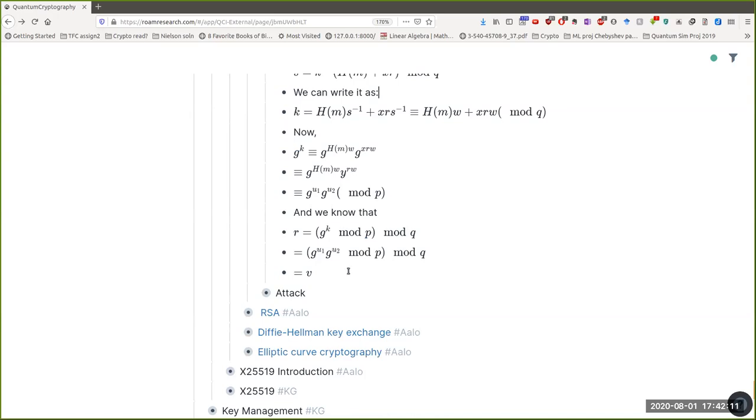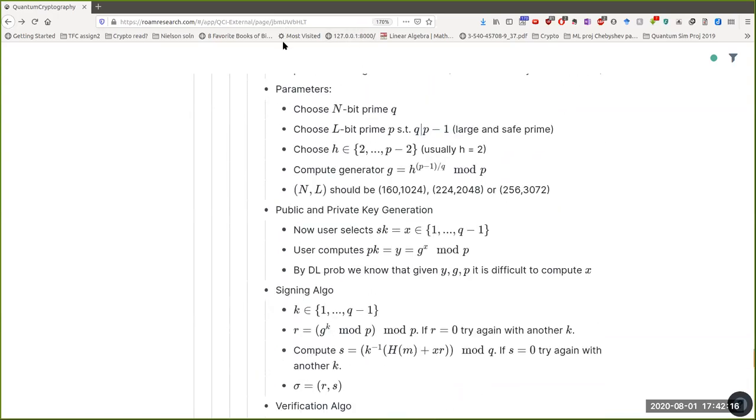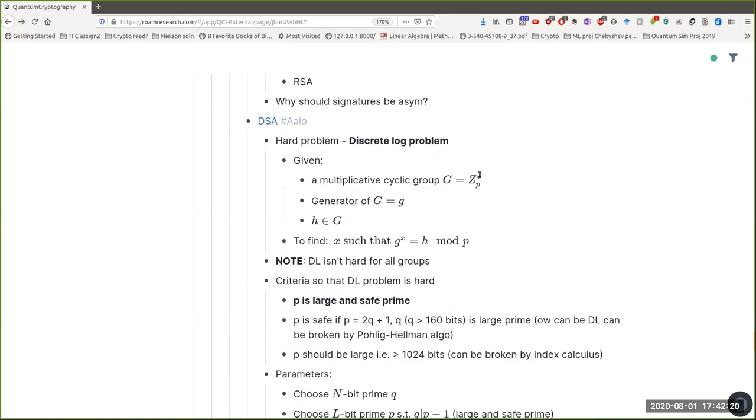Okay. So long story short, for people who do not know group theory, this was very long, but the main thing you should know is that there's a discrete log problem. We know this is hard, and like I said, g to the power x is equal to h. Since I got a hard thing, I know that if I give this as public to the attacker, the attacker will not be able to find out this x, and the attacker will cry.